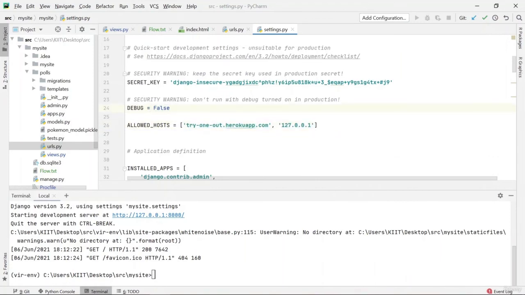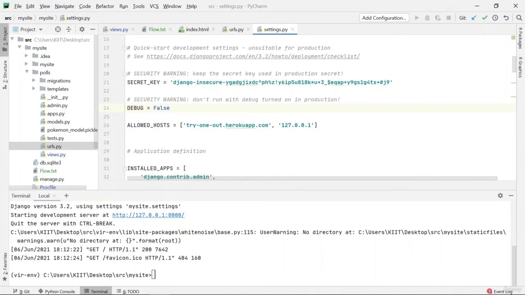Now understand this, whenever you're working in development mode, you can keep the debug as True, but once you shift to production, you have to keep that as False. It is already given as a security warning: don't run with debug turned on in production, or when you're deploying, basically.